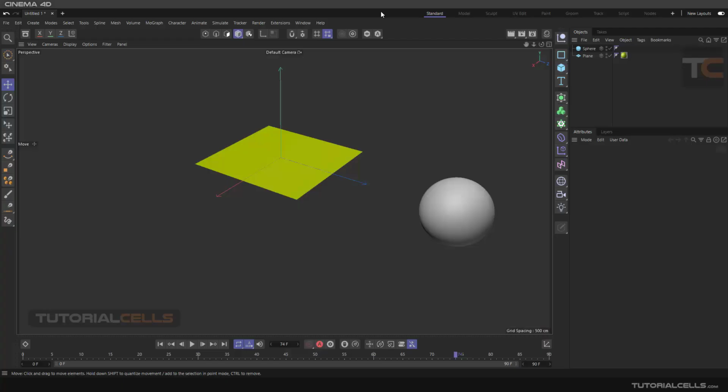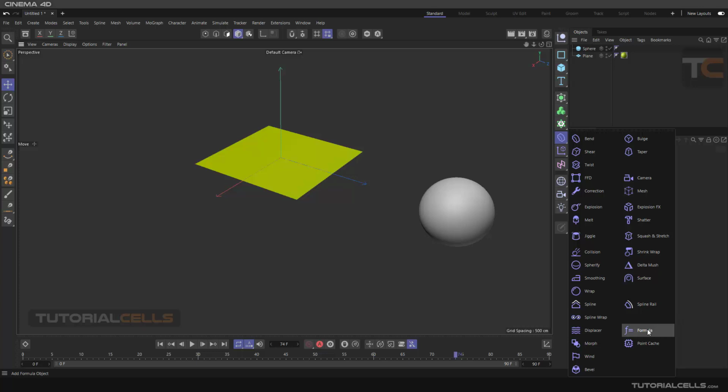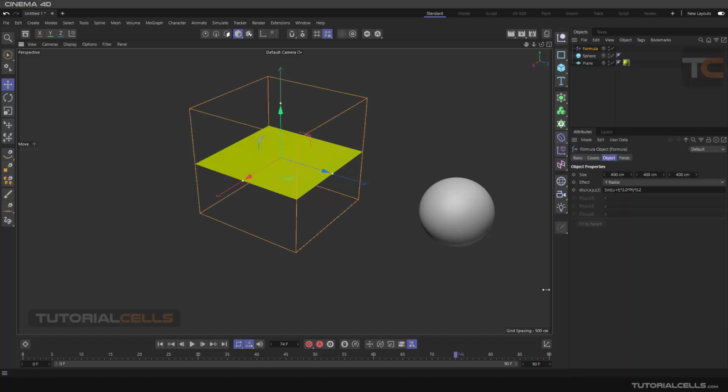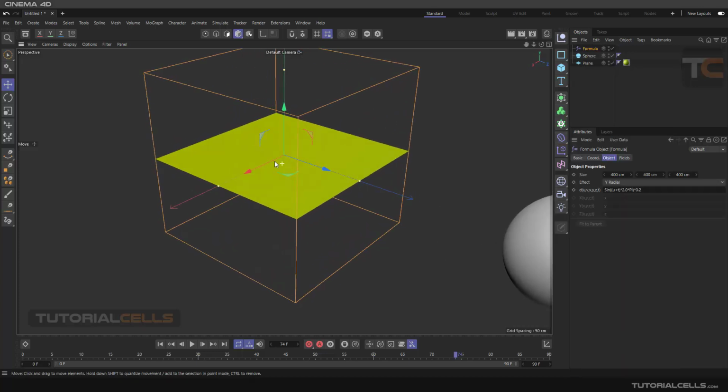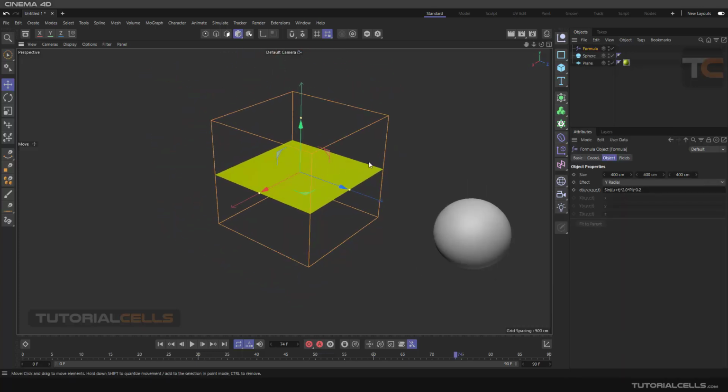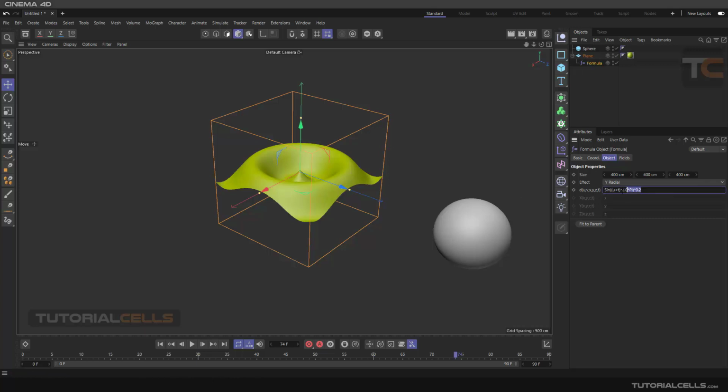Okay, we continue the deformer menu and we reach the formula. For assigning the formula to your object, don't hold shift, because we need the box to calculate the real 3D mathematical formula on that. Just hold and drag on a plane, for example, and as you can see, this is in a Y